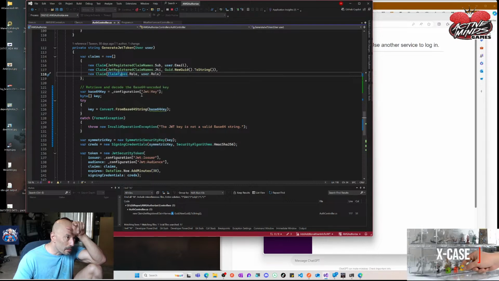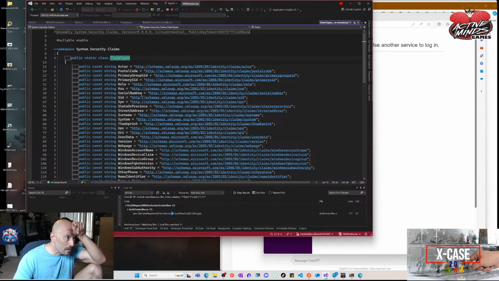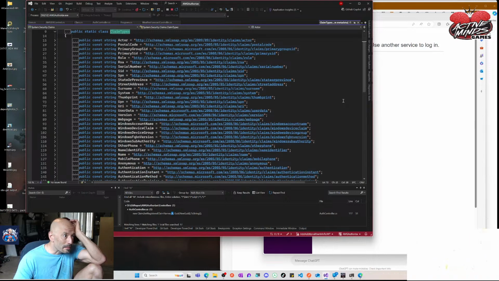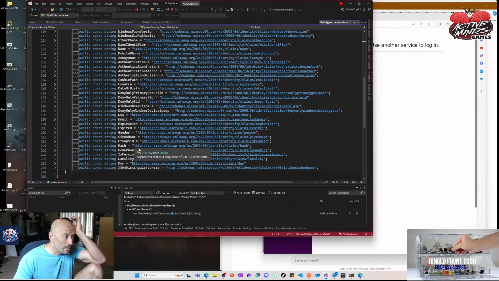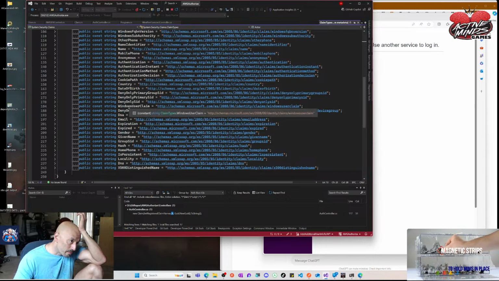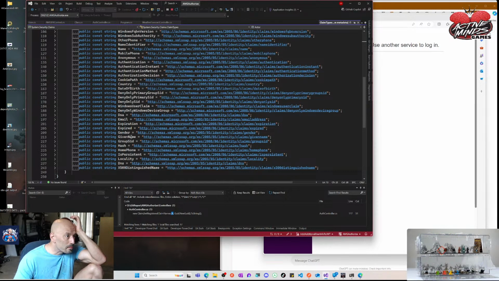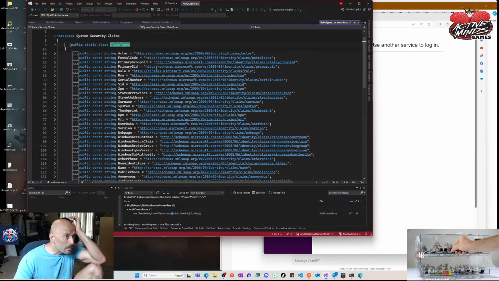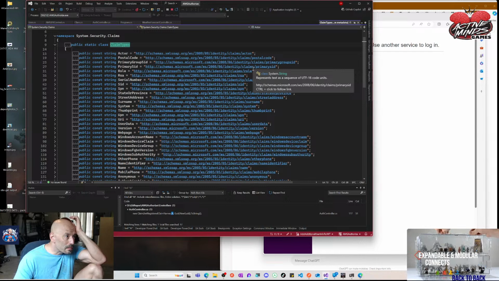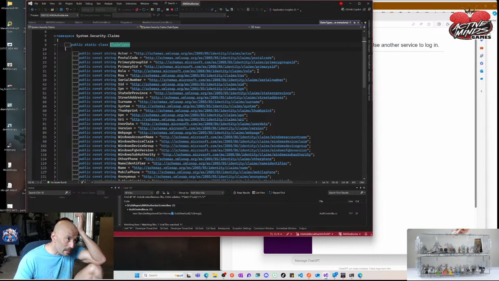Go to definition. Holy moly. So this is a system enum. I mean, it's a class, I suppose, but if you say role, it's going to fill it in with this stuff. There it is, role. So it's putting in this string. But same goes with sub, right? Because sub is getting